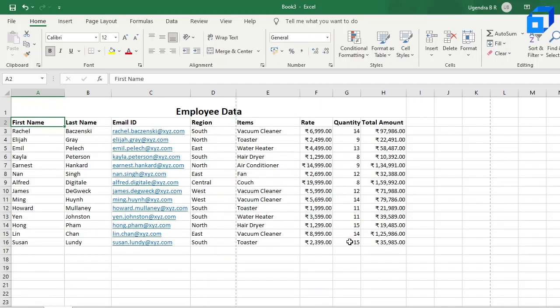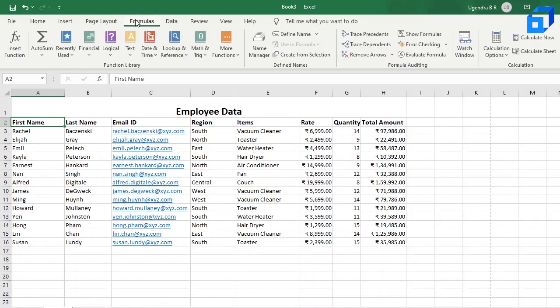And now let us move ahead with using some basic formulas in Excel. So as you can see, go to formulas and let us get the max items sold, or the maximum total amount of sales for a particular employee or something like that.